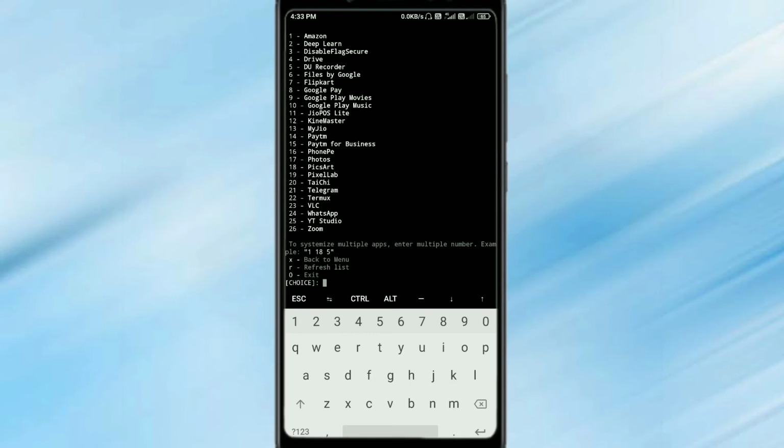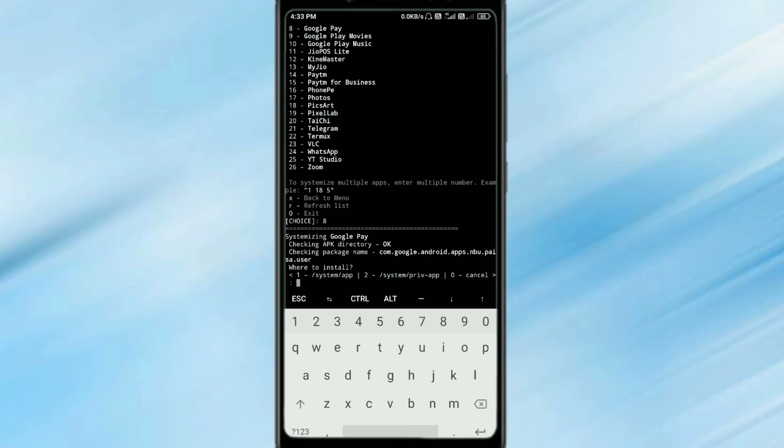So guys, after the apps are loaded, select the app in which you want to fix the SIM card error. So I am selecting Google Pay. So it is 8. So simply type 8 and tap on enter.